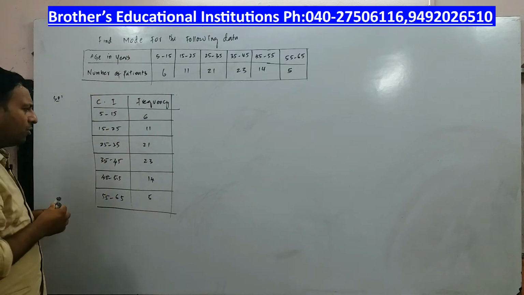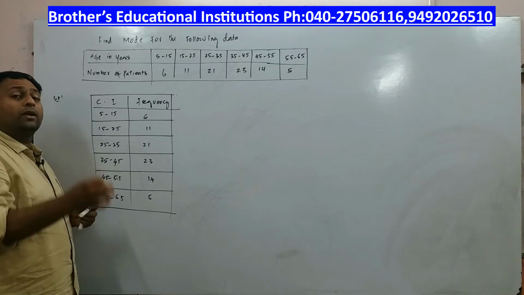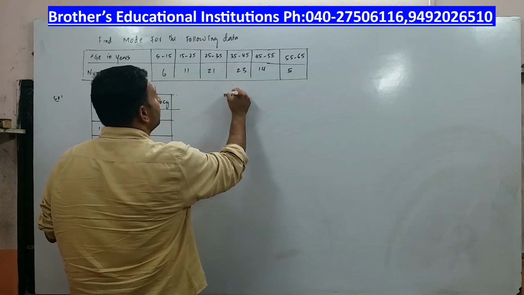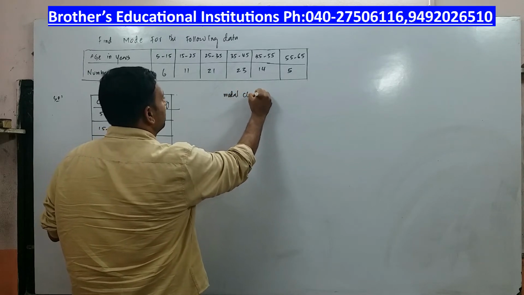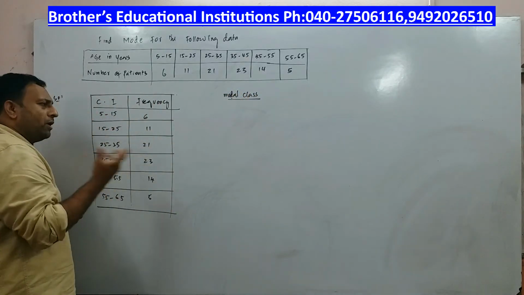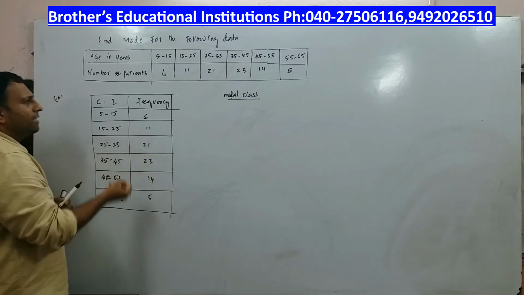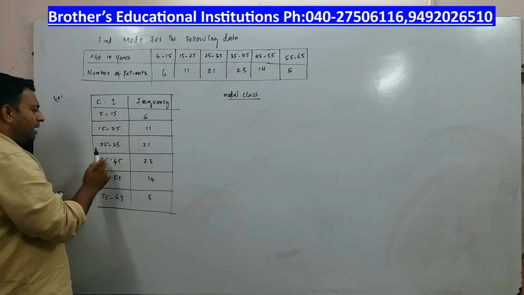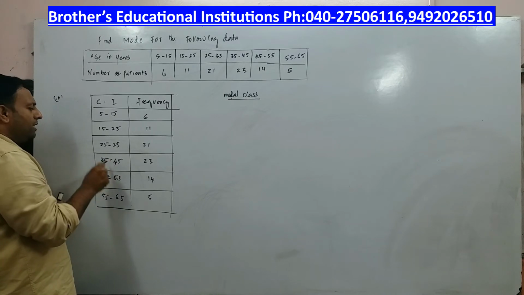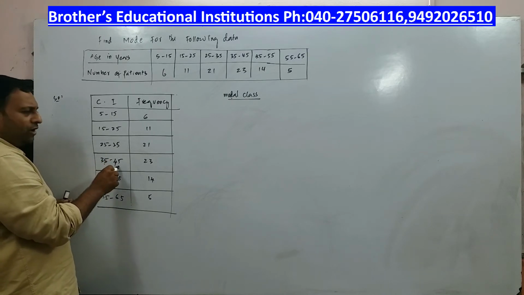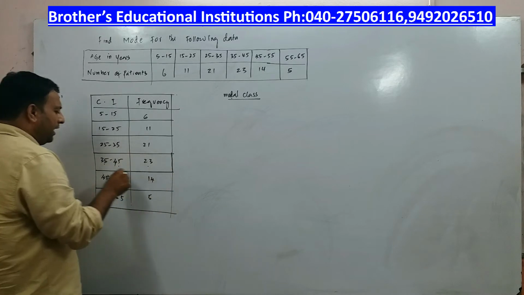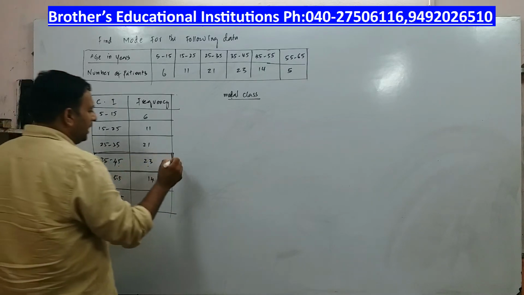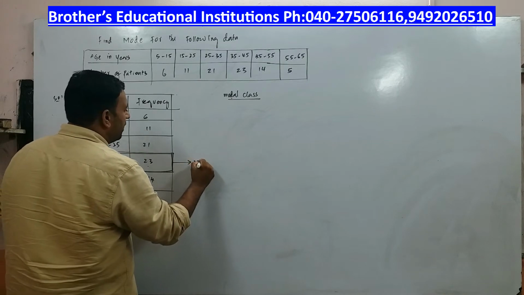How do you calculate the mode? What is important here is to plot the modal class. I have already told you to plot the modal class. Right? So, how do you plot the modal class? You take the frequency which is highest. I can see this 23 means there are maximum patients in the age group 35 to 45. And how many are there? 23. So, the one which is maximum is called mode. So, this class is called modal class.